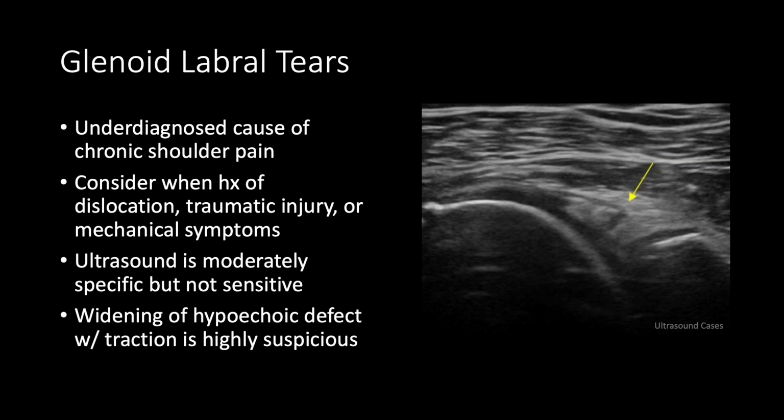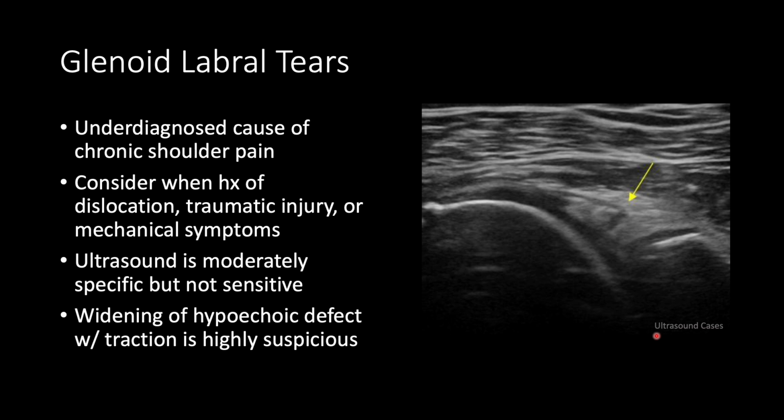Next, let's take a limited look at the glenohumeral joint structures that we're able to see with ultrasound. Given the limited window into the glenohumeral joint due to bony prominences around the shoulder, ultrasound is mainly limited to identifying labral injuries, which are nonetheless an underdiagnosed cause of chronic shoulder pain, especially if a traumatic dislocation or a history of mechanical symptoms stands out in the patient's history. While ultrasound is not a perfect tool for investigating the labrum due to its poor sensitivity, hypoechoic defects that are seen in the labrum, especially those that widen when the arm is placed in gentle traction, do have a fair specificity